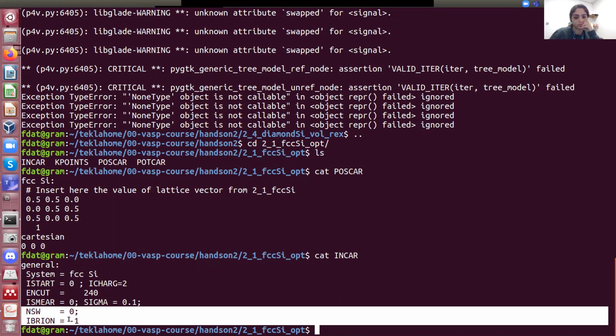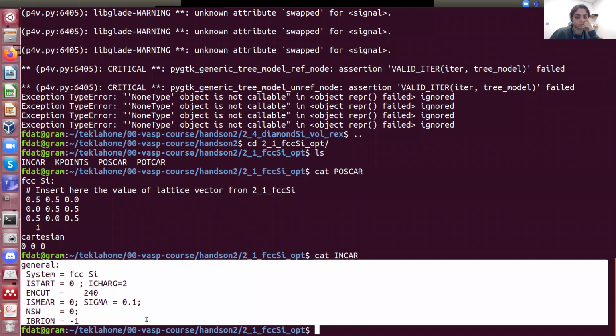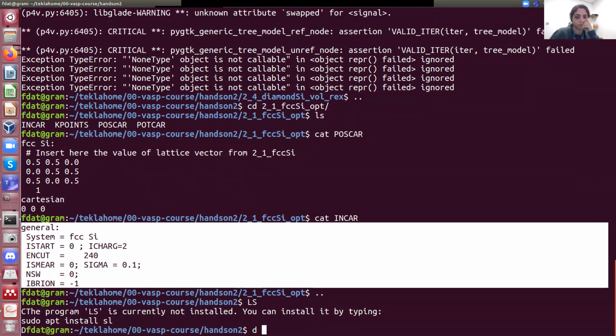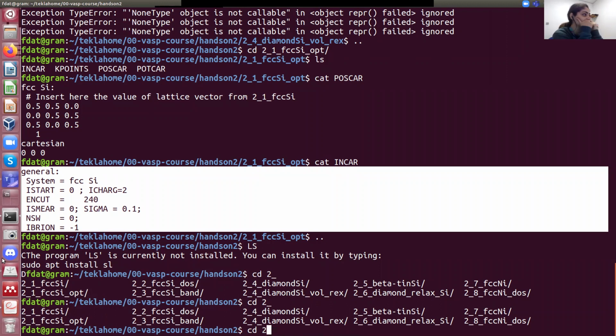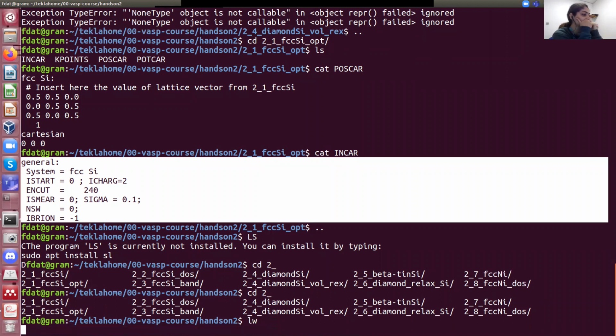You just want to get like a proper electronic density to use it as an input for the other calculation, okay? But in future projects, we are going to use the optimization. Exactly, the automatic one. And actually, if you do the automatic optimization, then you don't even need to do this step, okay? So actually, for instance, in this case, I think we should also copy the CONTCAR to the POSCAR. Yeah, exactly. Yeah, I mean, but not in this case.